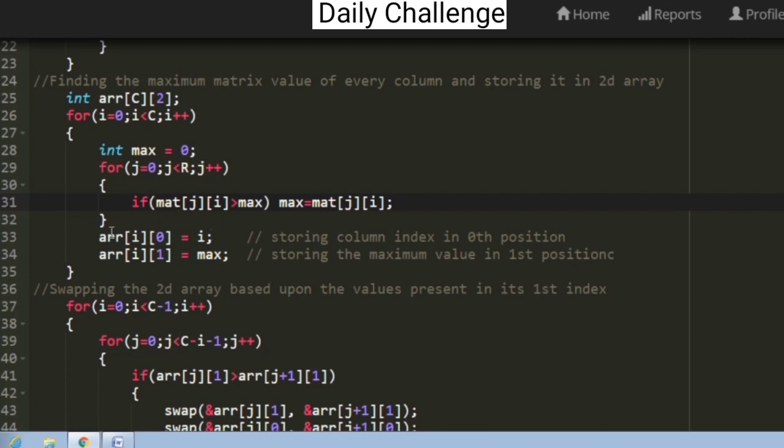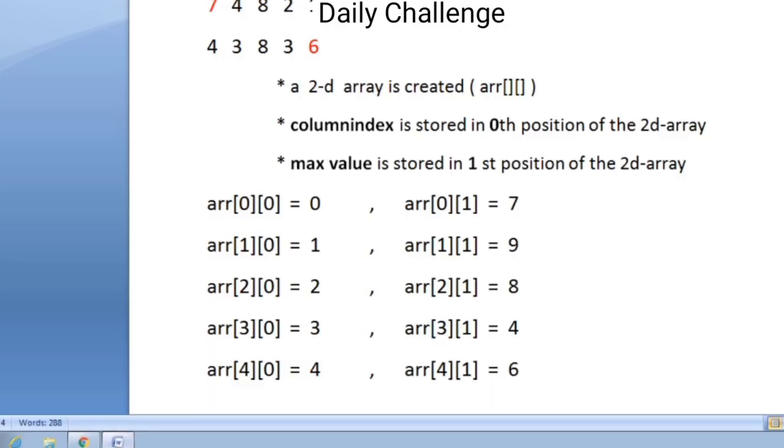And in the two-dimensional array, as we discussed, in the 0th index we are going to store the column index, and in the first index we are going to store the maximum value, which we have calculated here using this for loop. So when this nested for loop finishes its execution, now our two-dimensional array would be containing the values like this.